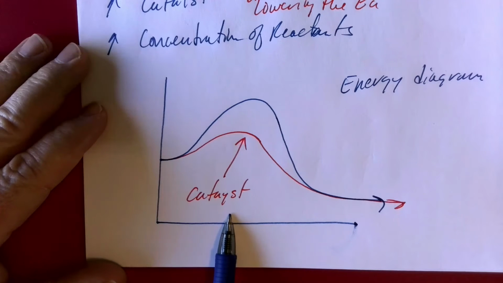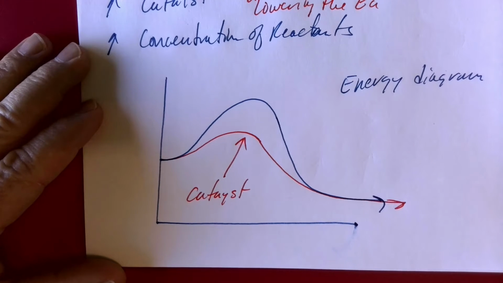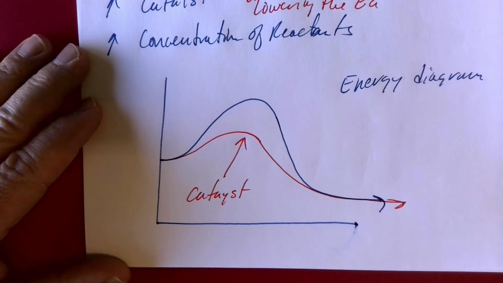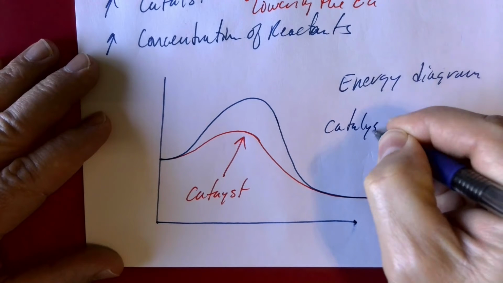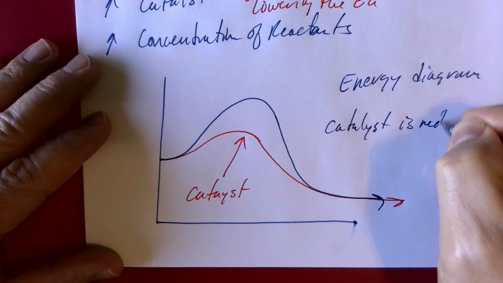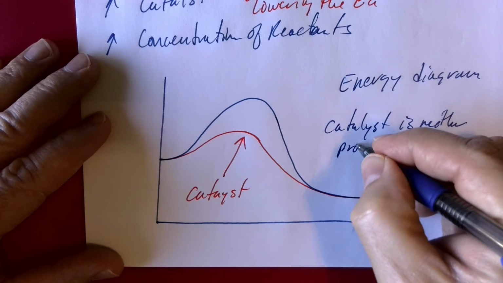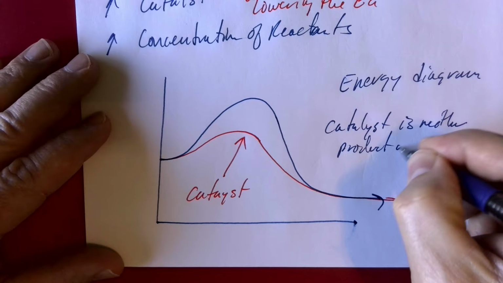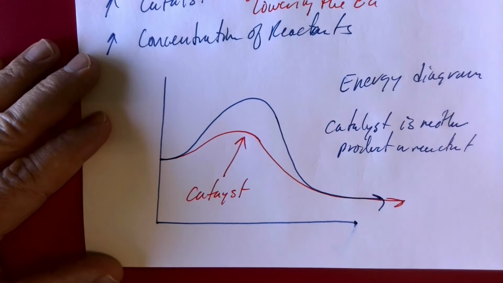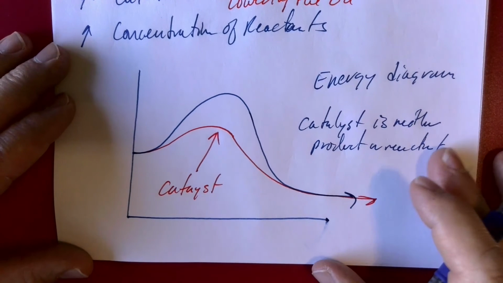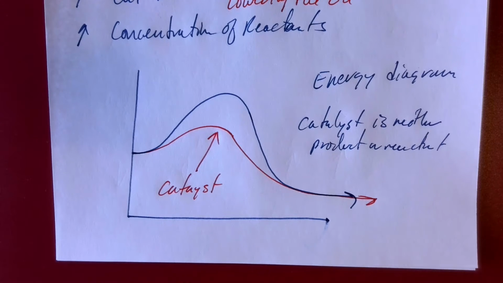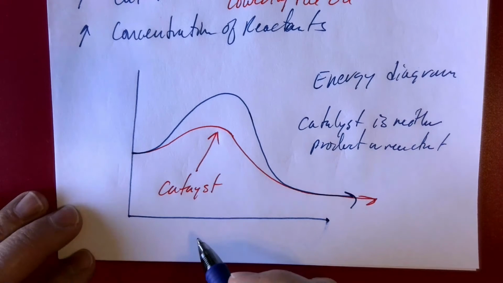Now, where does a catalyst belong? Is a catalyst a product or is a catalyst a reactant? Neither, it just stays the same. Yeah, a catalyst is neither product or reactant. In fact, most catalysts you can use over and over and over again because they are not part of the reaction. They simply give the reaction a mechanism to happen at a lower reaction rate, which allows